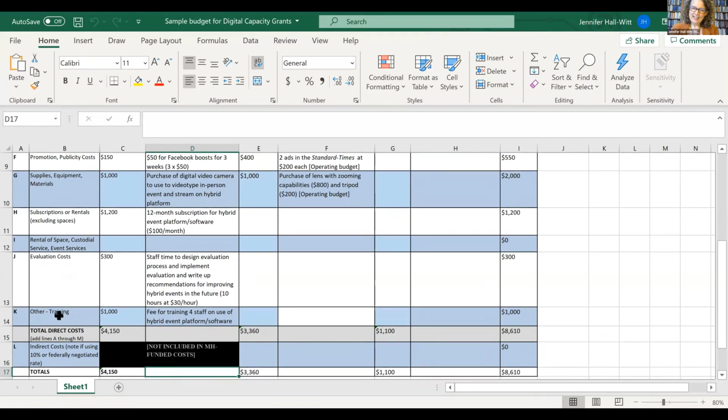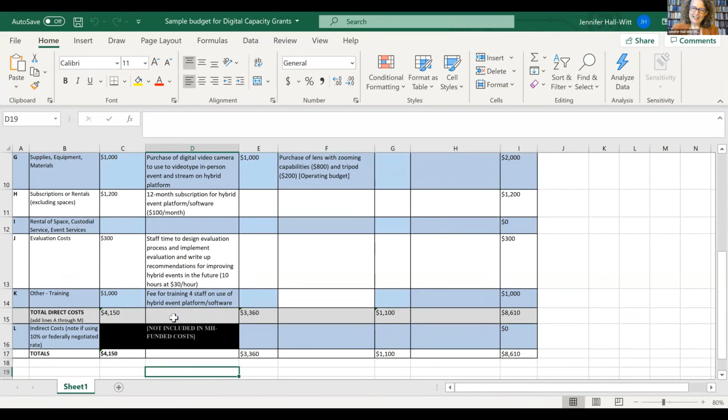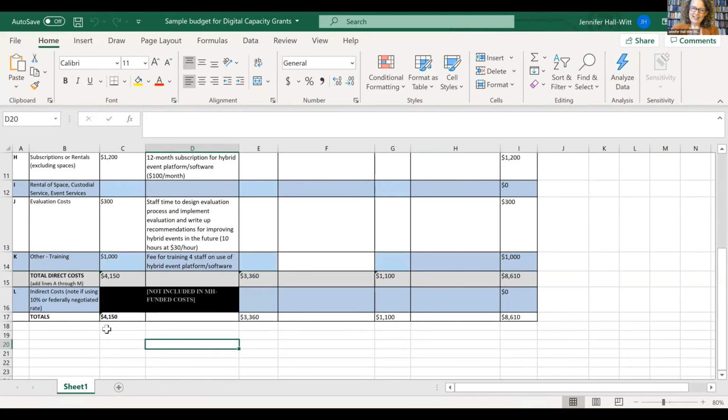And then we have another category here. I've added in right here that this one's going to be for training for this grant, the fee for the training for your staff to be trained. And you'll see it adds up here. You're going to be asking